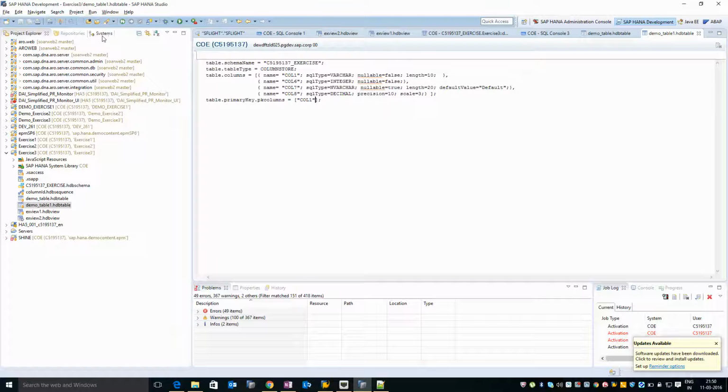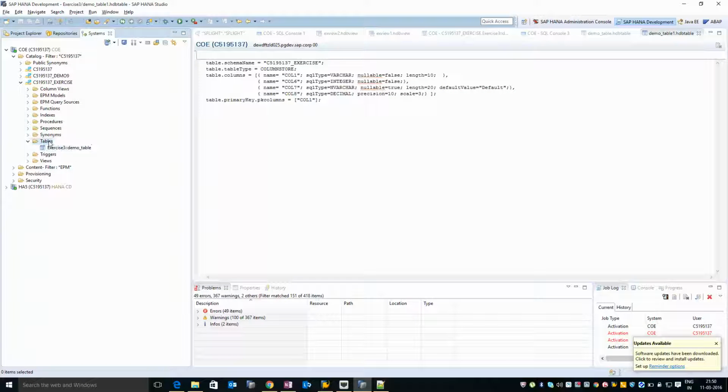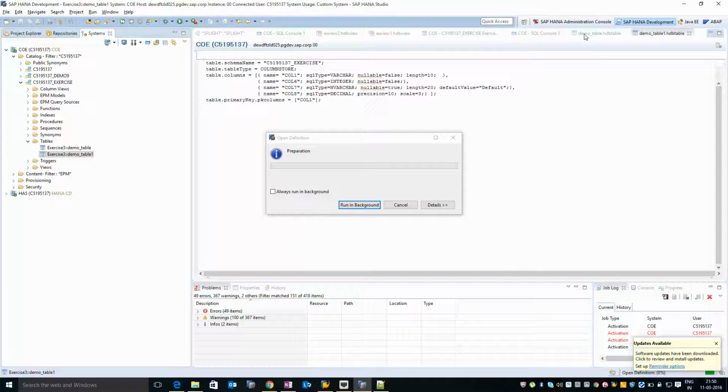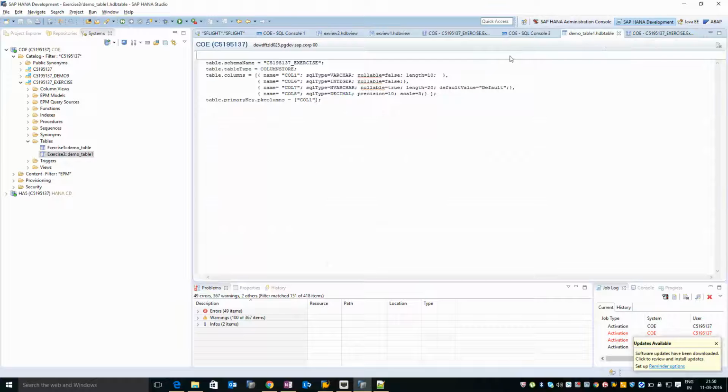Now going back to the system's perspective, if we refresh this, you should be able to see a couple of tables over here, one which was created in one of the previous exercises, and this is something that I have created now. So what I will do is I will go here, and from the data preview